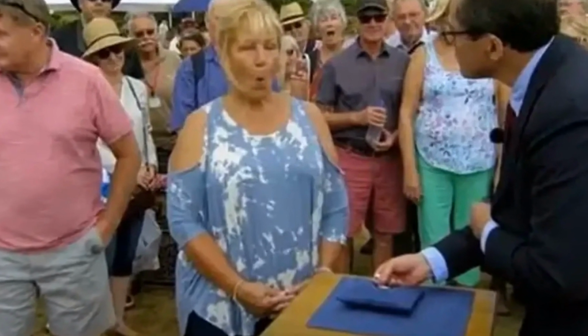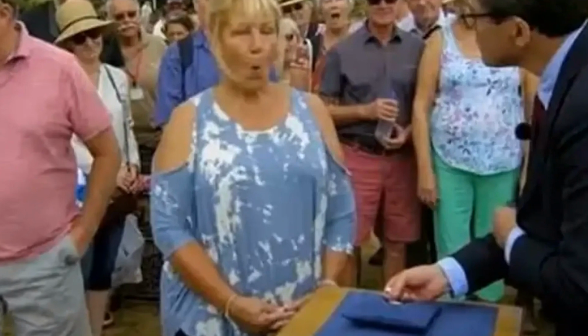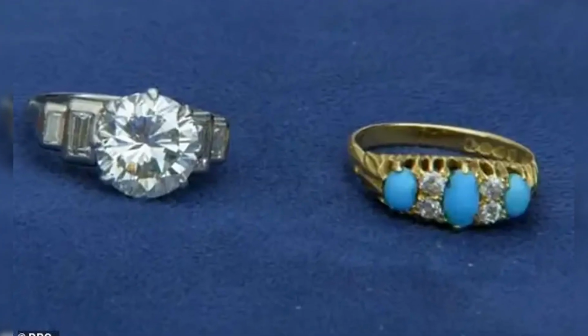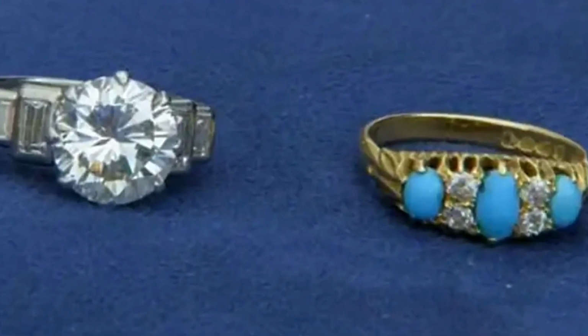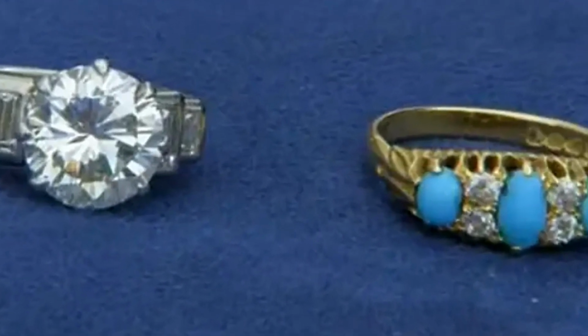It comes after earlier this week another Antiques Roadshow guest was left so stunned that she struggled to catch her breath after learning the mind-boggling value of her grandmother's gold Olympic medal. Expert valuer Adam Schoon delivered the good news to Julia, who had brought along a collection of swimming medals. The haul of impressive awards included a gold medal from the 1924 Paris Olympics that belonged to her grandmother Lucy